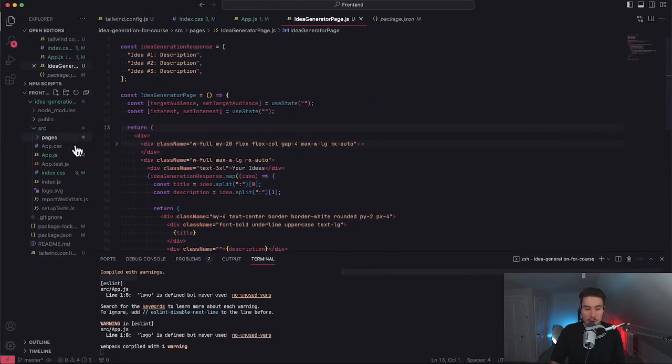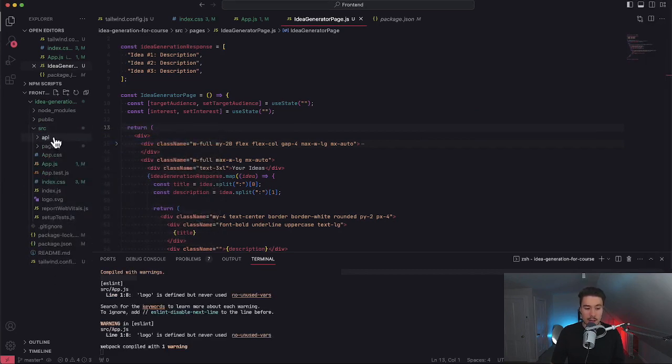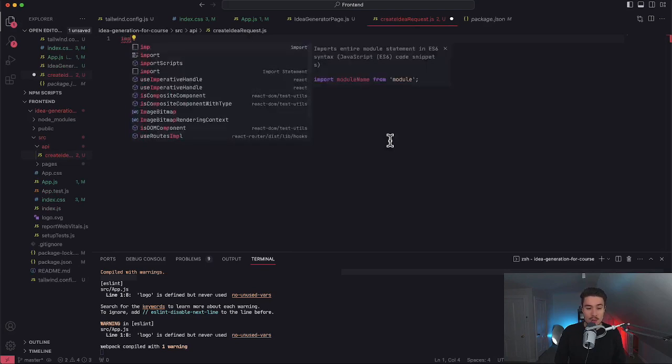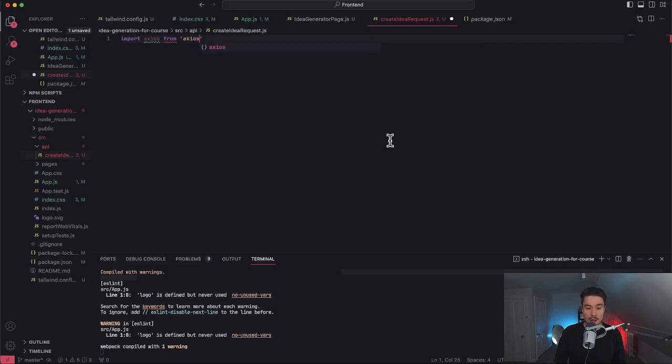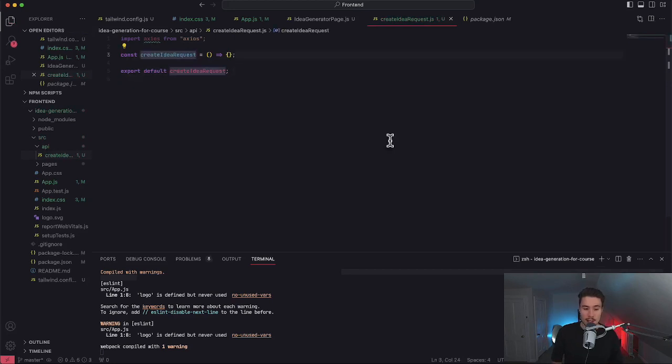So if I expand this open here a little bit, let's go and create an API folder. I'm just going to call this API. And then I'm going to create a new file here. I'm just going to call this create idea request.js. So for this API request, I am going to need Axios, which we installed first. So import Axios from Axios. Next, I'm going to create a function here. I'm just going to call it create idea request, create my function skeleton here. And then at the bottom, I'm going to export this. I'm just going to call export default the name of the function at the top,